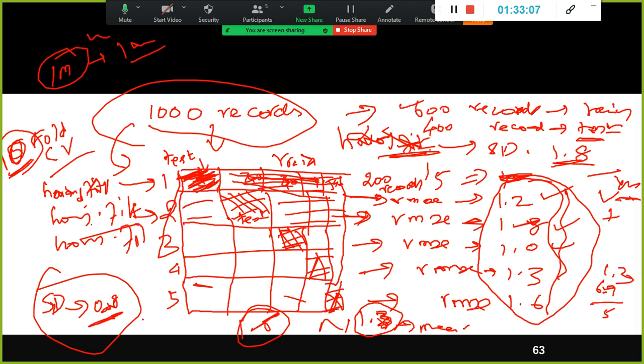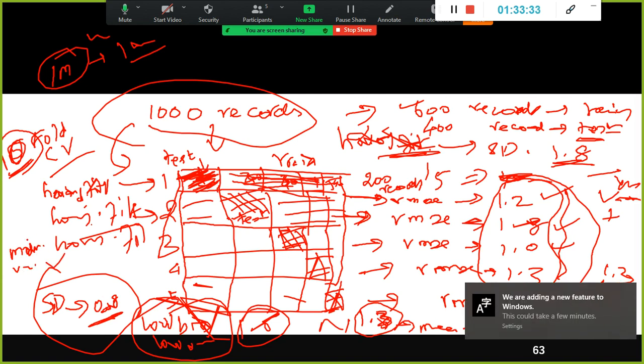Right? So the whole objective is low bias. Bias is kind of error. Low bias, low variance. This is the objective. Right? The error should be less and the consistency should also be very high. But in real terms, you cannot get it like this. So even if your bias is moderate and your variance is less, then you are good to go and deploy your model. But before we deploy, we will still try with different algorithms and see which algorithm is performing well.